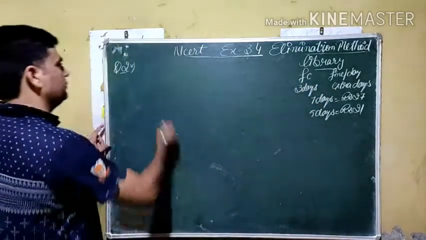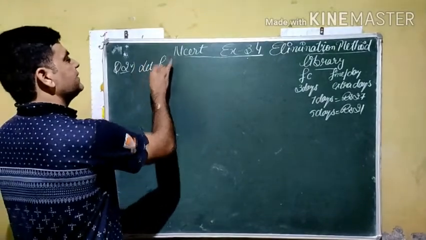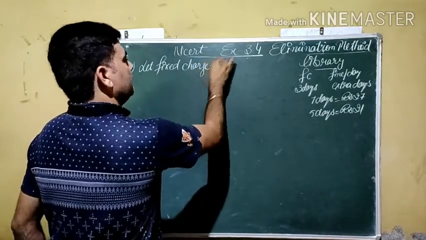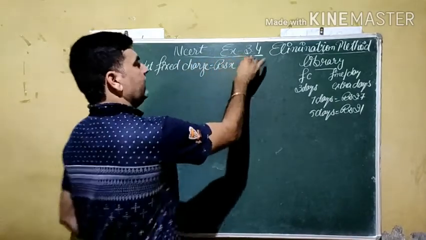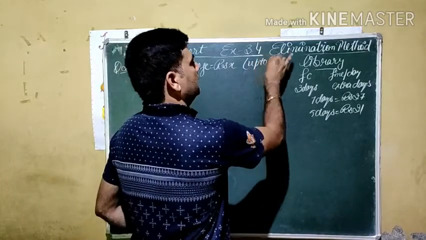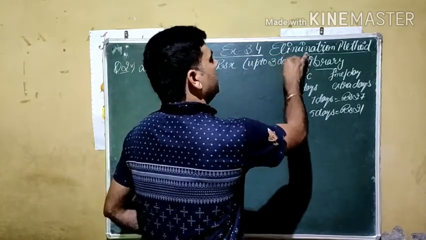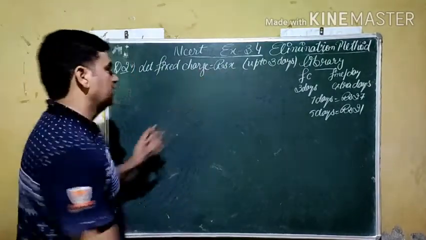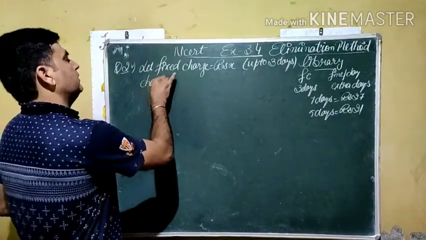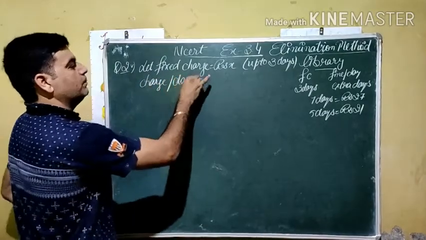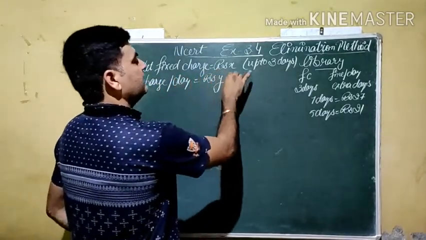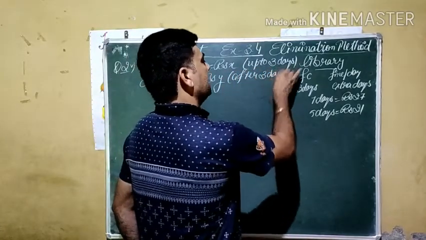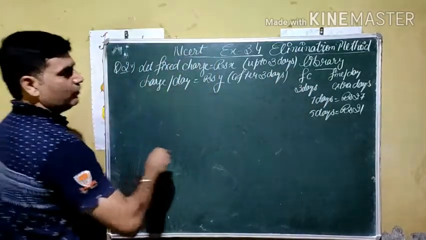So what do we have to choose here? First of all, we have to choose the fixed charge, which is for 3 days. The fixed charge is given by rupees x. Up to 3 days, it is fixed. If we return the book after 1 day, 2 days or 3 days, this remains the same, does not change. And the charge per extra day is, say, rupees y. It is charged after 3 days. As our condition is given, a person keeps the book for 7 days.